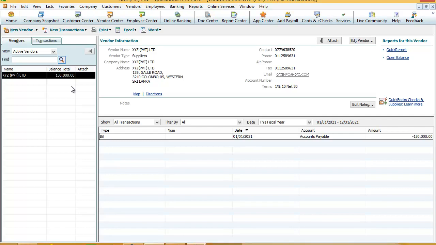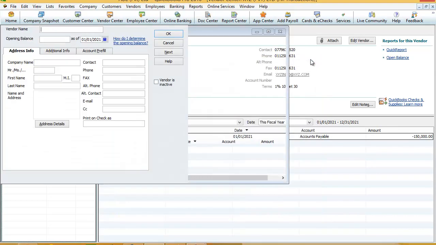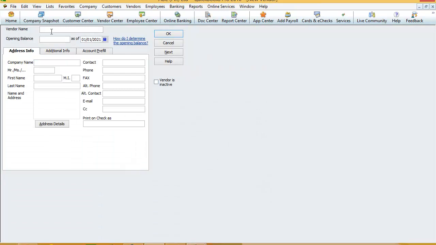Initially we have created only one supplier. Okay, I'm going to create the second supplier also. If you want to create the second supplier, again you have to click new vendor, and from this you have to fill all the information relevant to this second supplier. For example, Peter